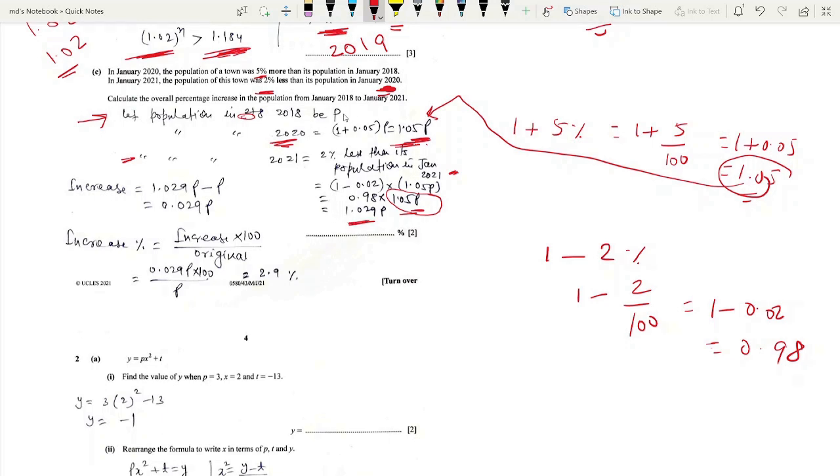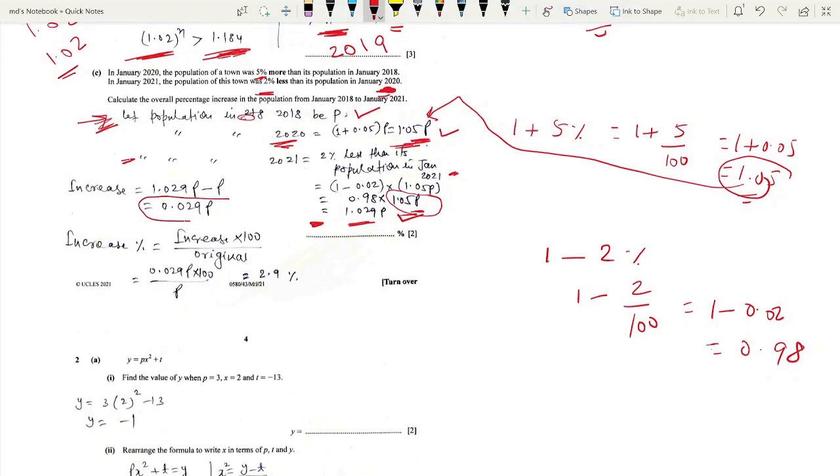So we can understand here, in 2018 the population was P. At the end of 2020 the population is 1.05 P, and at the end of 2021 the population is 1.029 P. So if you compare from 2018 to 2021, the population is increasing, because first it was P, now it is 1.029 P. So of course it is increasing, right? So 1.029 P minus P is the difference, this is your increased value. We need to find